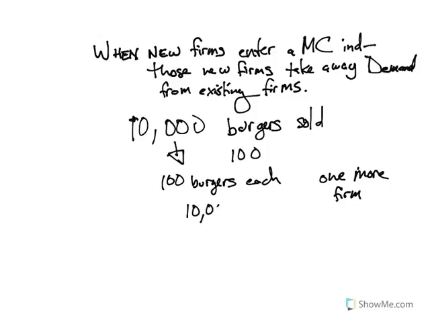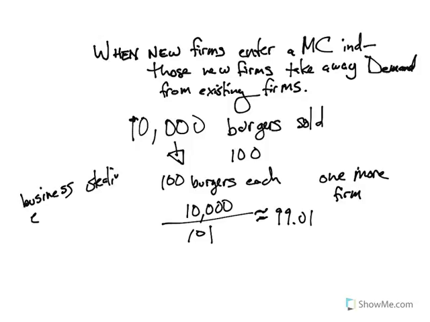Then those 10,000 burgers are being sold by 101 firms. So now each of them is selling roughly 99 burgers. Right? There's actually 0.01, but you get the idea. So this is something called the business stealing externality. So these existing 100 firms had nothing to do with the other firm entering, but all of a sudden there's another firm knocking down